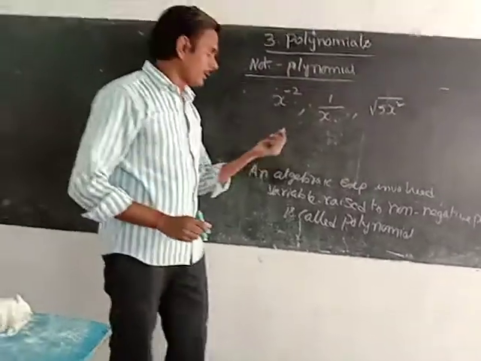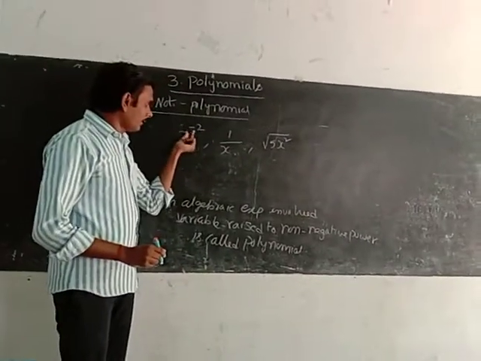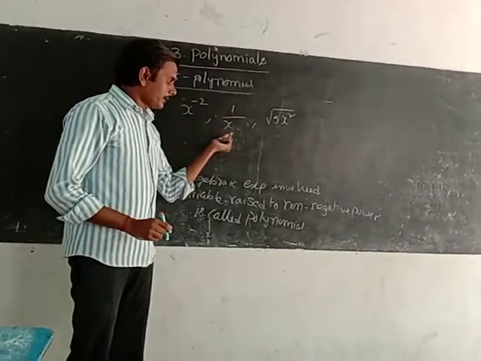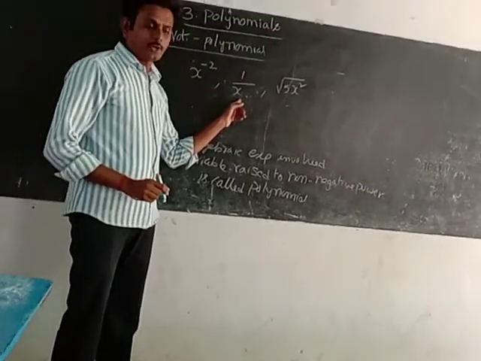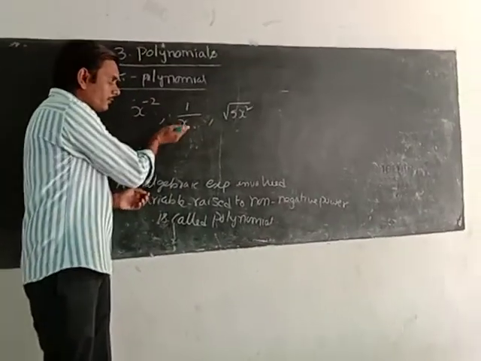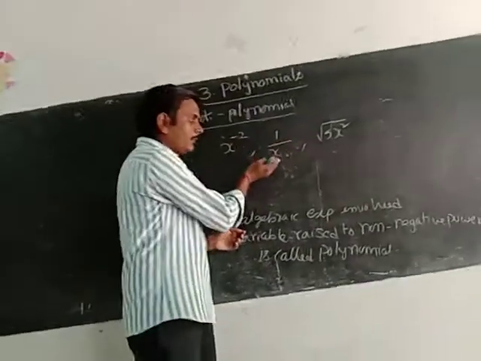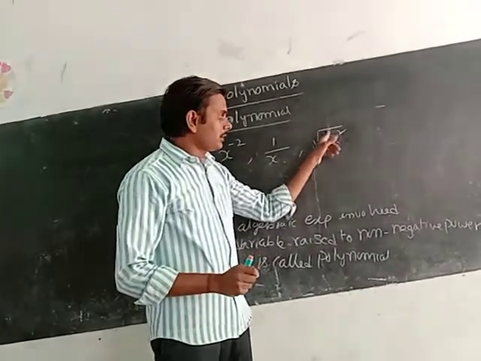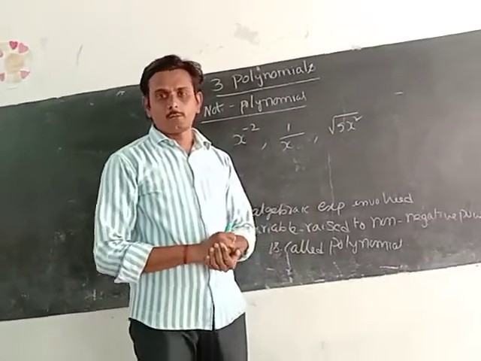Which is the non-polynomial? Whenever a variable is raised to a negative power, and whenever writing the fraction, it has a negative denominator, meaning the variable belongs in the denominator. Why the denominator? If you move it to the numerator part, it becomes a negative power. And if a variable is under a root, then that is called not a polynomial.